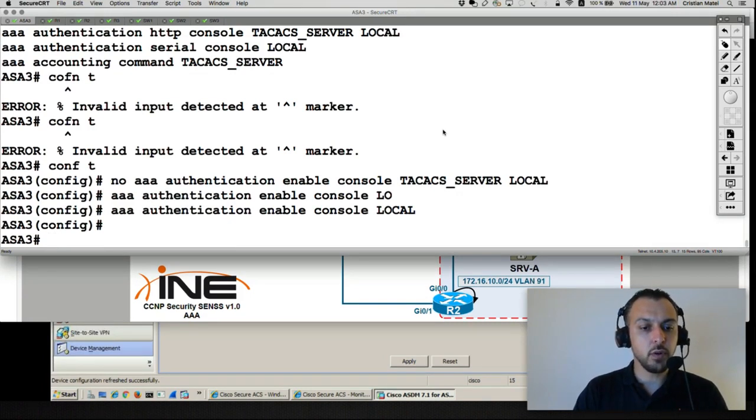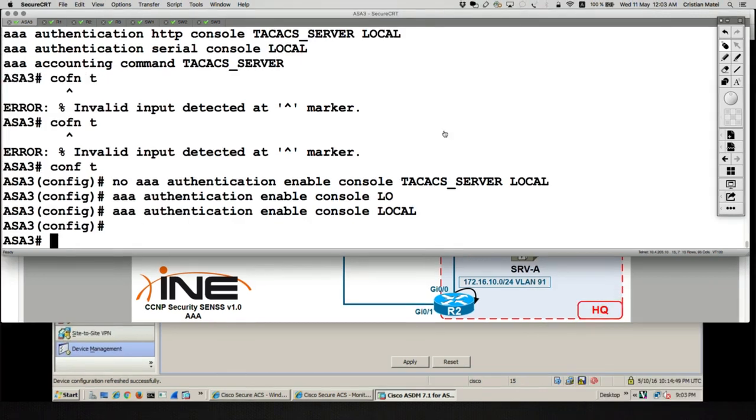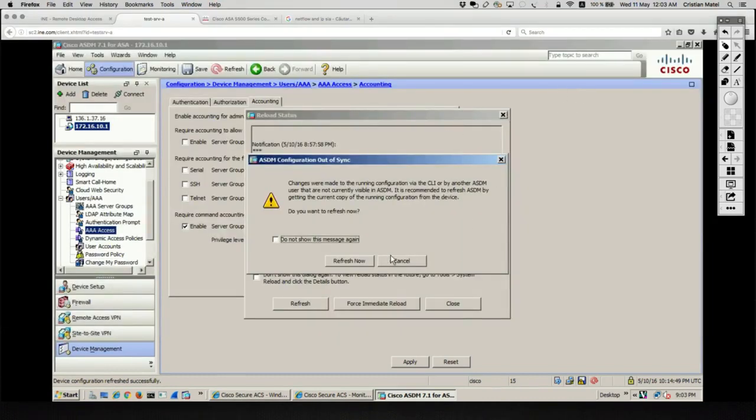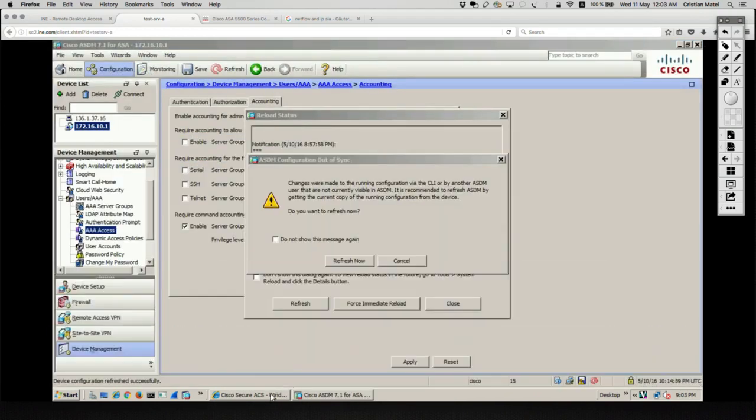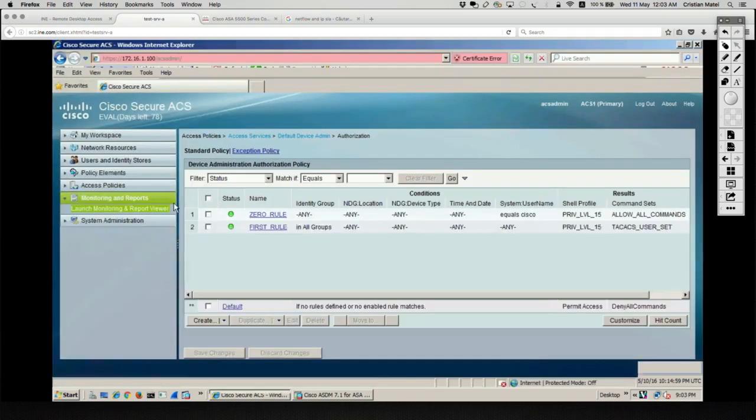A question from Piyush: how do we integrate AD in ACS or ICE? Configuration-wise, if we have ACS in there, the GUI is of course going to look different on the ICE because the GUI is different. But if I have access to ACS in there, you go to